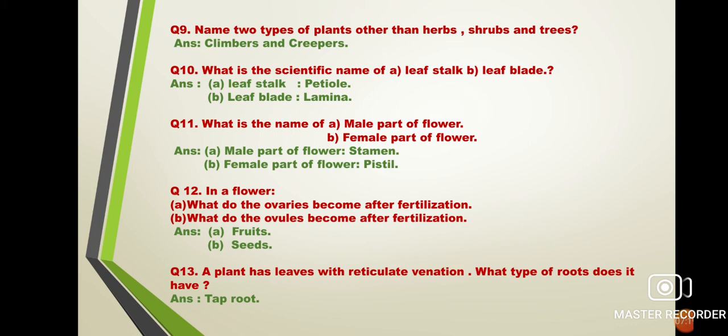Since the root grows underneath the soil, without pulling the plant, you cannot see the root, isn't it? But by observing the venation of the leaf, you can say which type of root system this plant has got, whether it is a tap root system or fibrous root system. All right, so this is all about today.